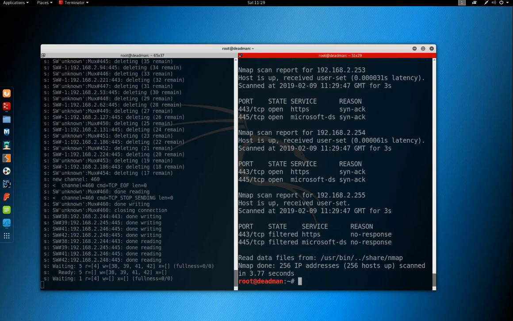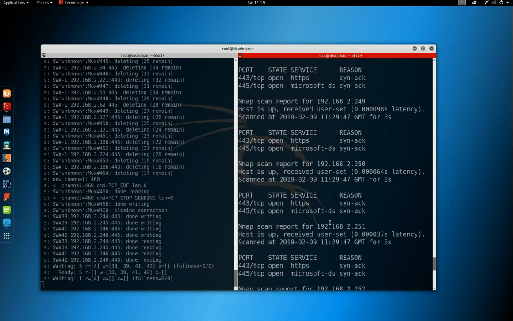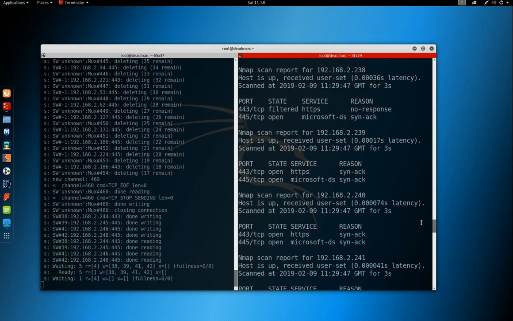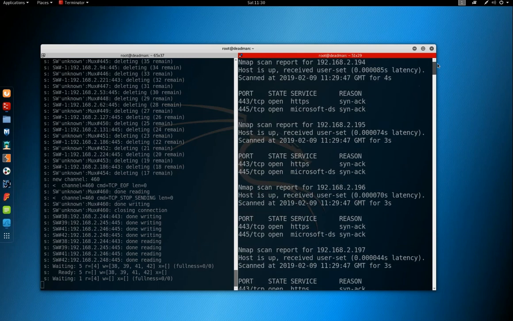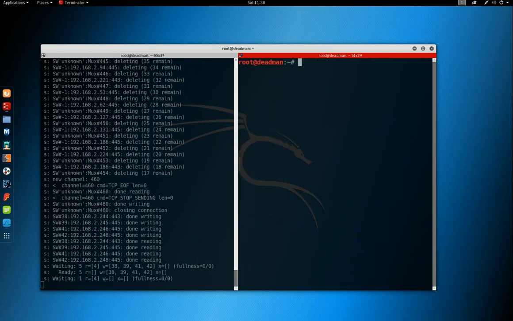And now we can see that we've got a load of traffic coming through. So the interesting thing here, though, is you've got open ports designated on every IP that we scanned. So that's not very, well, it's not accurate, it's not reliable, and it won't help you with your enumeration. So the best thing to do is to enumerate locally through the SSH connection, then use your attacker box to